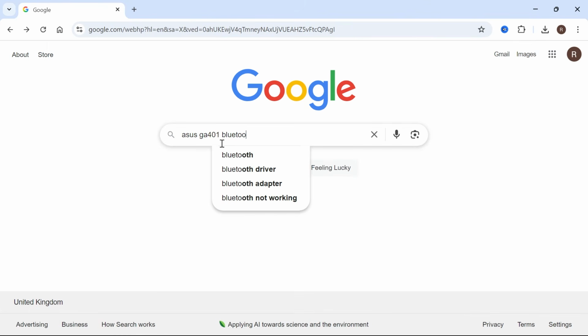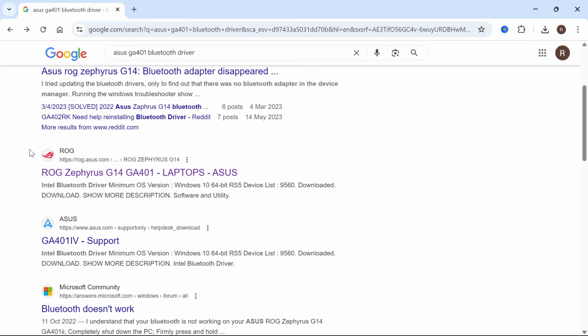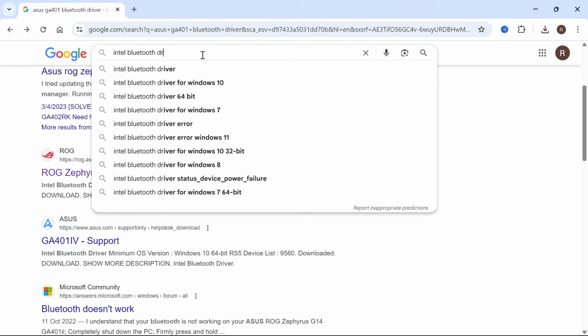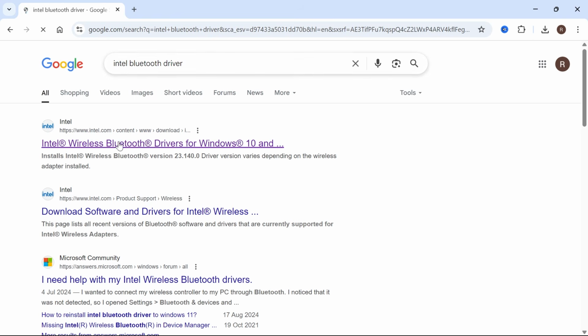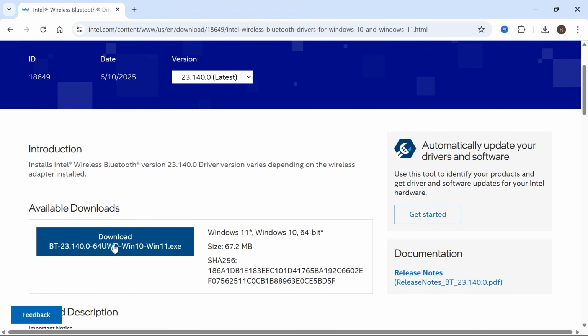Now, once you've typed this in, you can type in Bluetooth driver at the end of your search and press enter. So you effectively just need to do a little bit of research here to try and find your Bluetooth driver. So for me, I need to install an Intel Bluetooth driver, as that's what my laptop currently runs from. So now we have the information that we need an Intel Bluetooth driver. What I'm going to do is just type in Intel Bluetooth driver in the search box and press enter. You can then click on the official Intel website, and you can download and install the Bluetooth driver